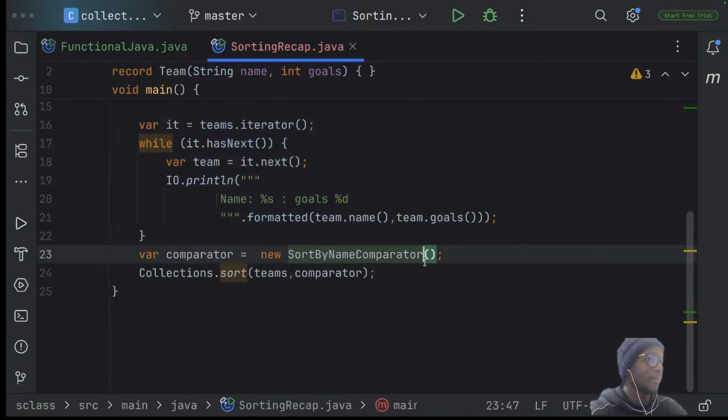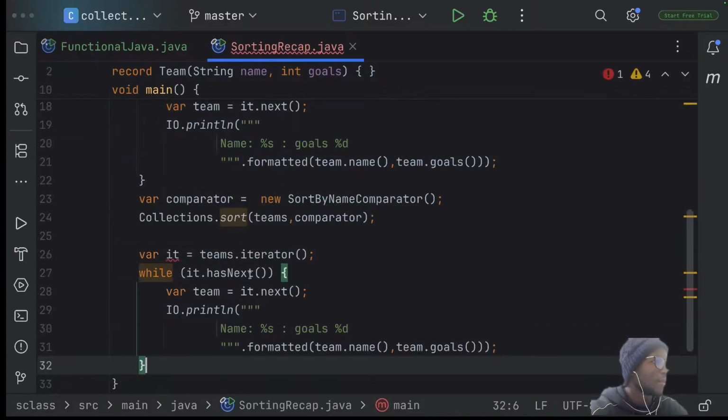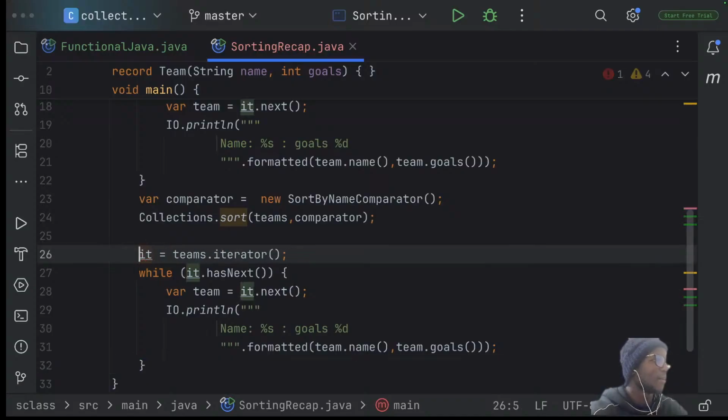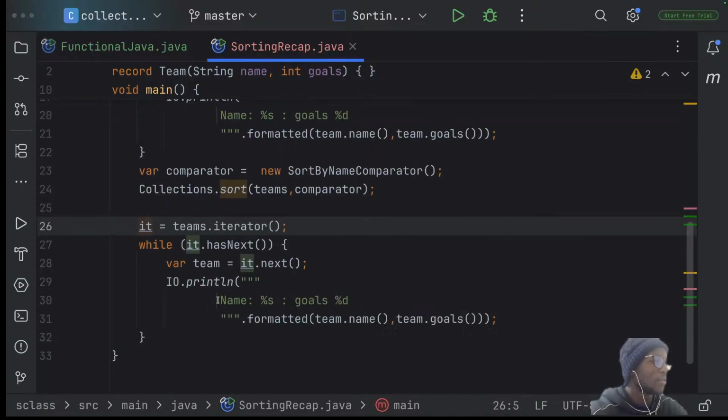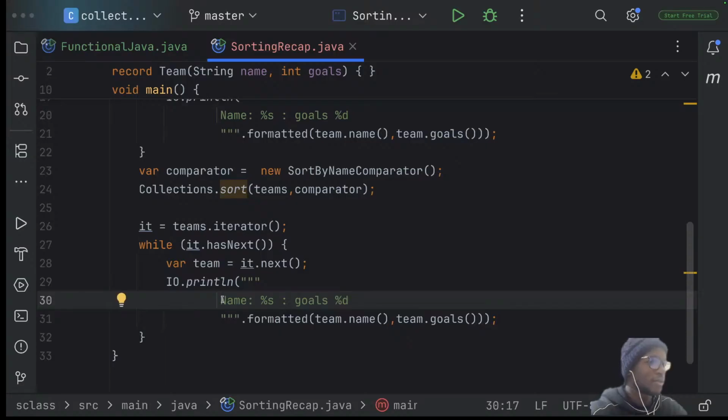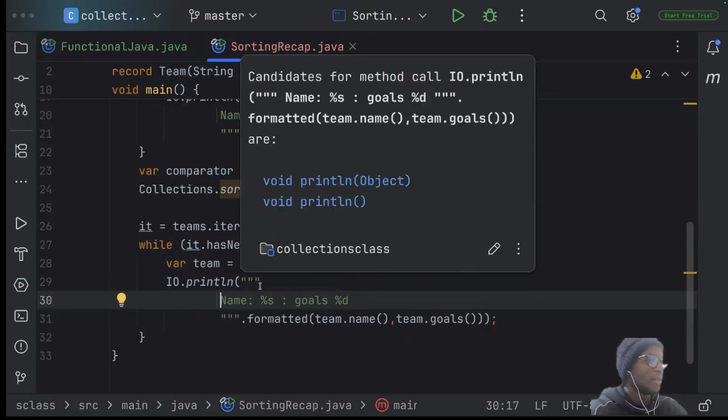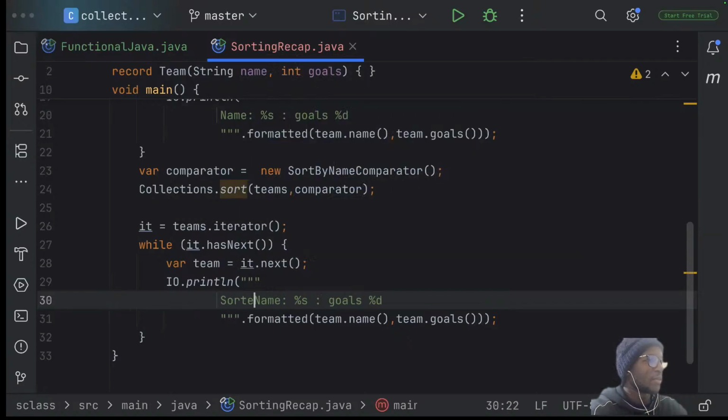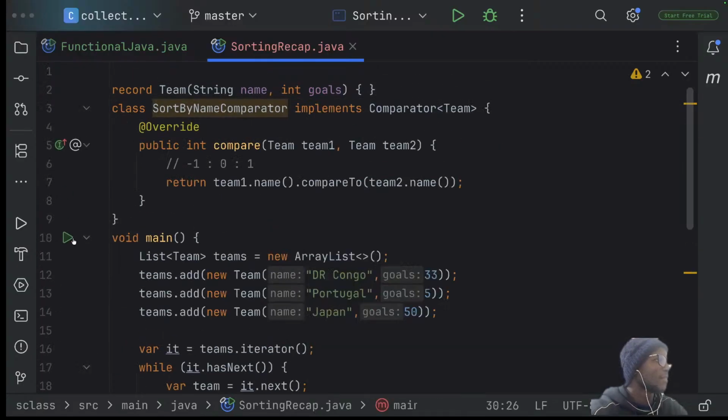function here and reuse the iterator. So these are sorted values. Let me prefix with sorted. And if we run it,